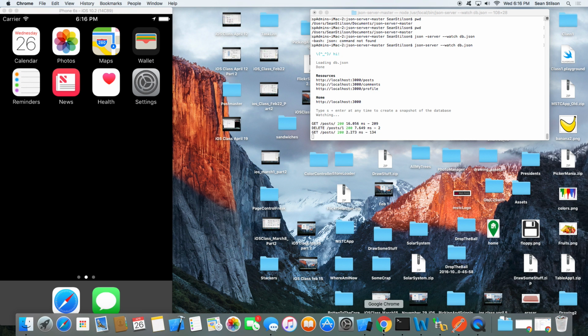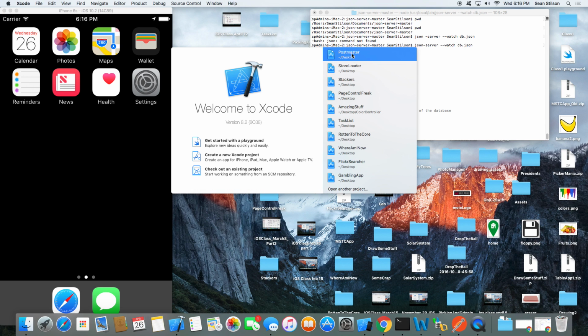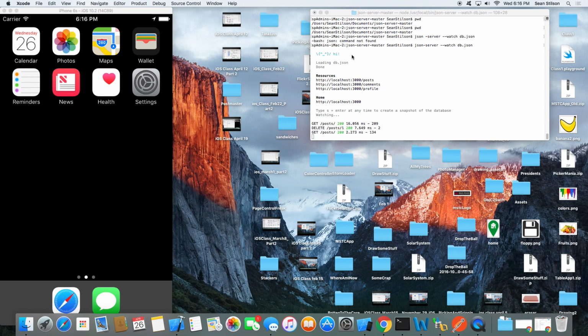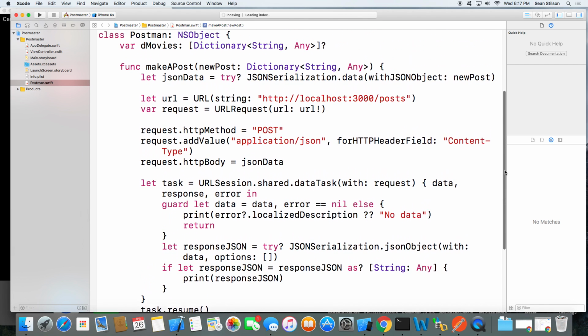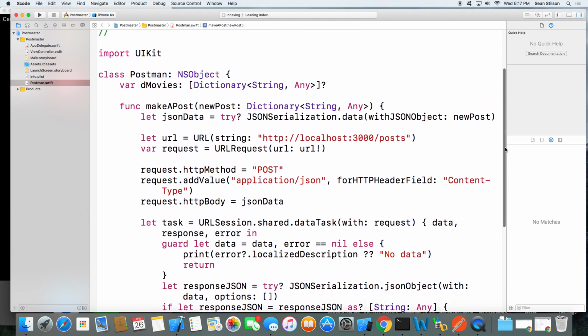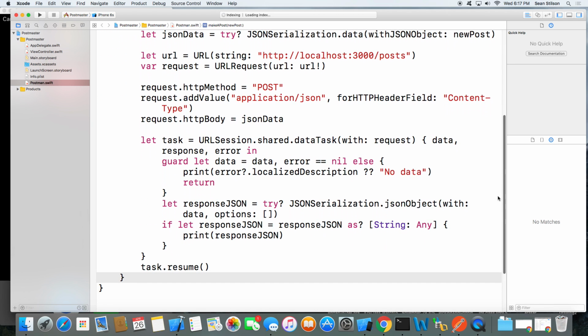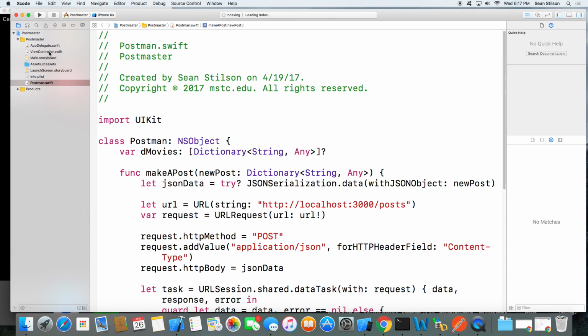We want to open up a project from last week. I don't remember what we called it, Postmaster. Okay, so let's see, we have a make a post. We created a postman.swift, that was the file we're using to do our post stuff. So that looks good. And then our view controller,